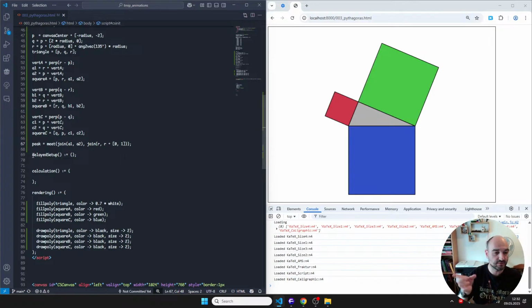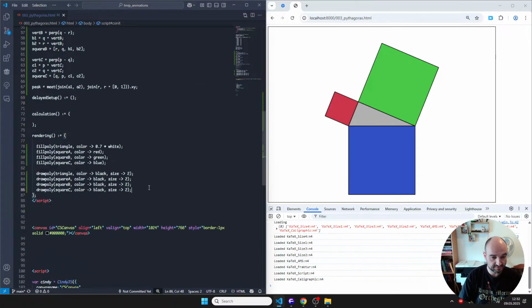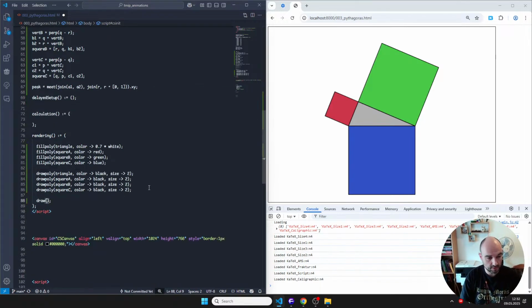And in Cindy.js, if you use the join and meet operations, it will automatically use homogeneous coordinates. We're not doing any fancy projective geometry, so I'm just taking the xy coordinates, and if I draw that, that looks like the peak, and